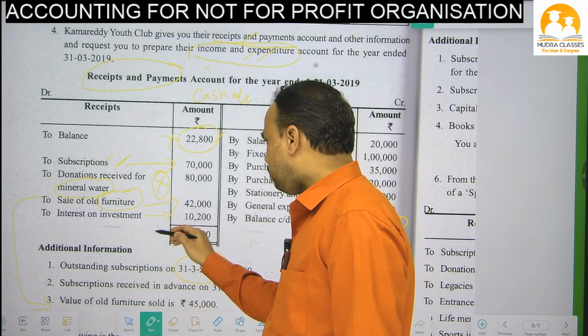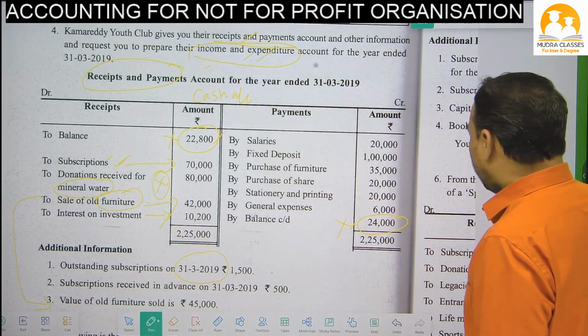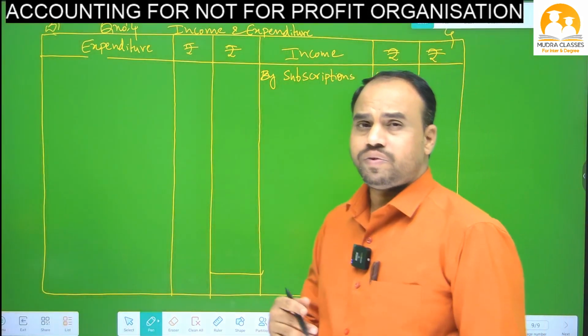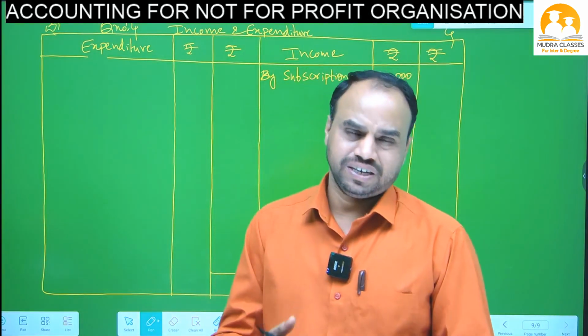Next one, interest on investment is a regular income, Nana. In the income and expenditure account, we will record only recurring items, beta. That means